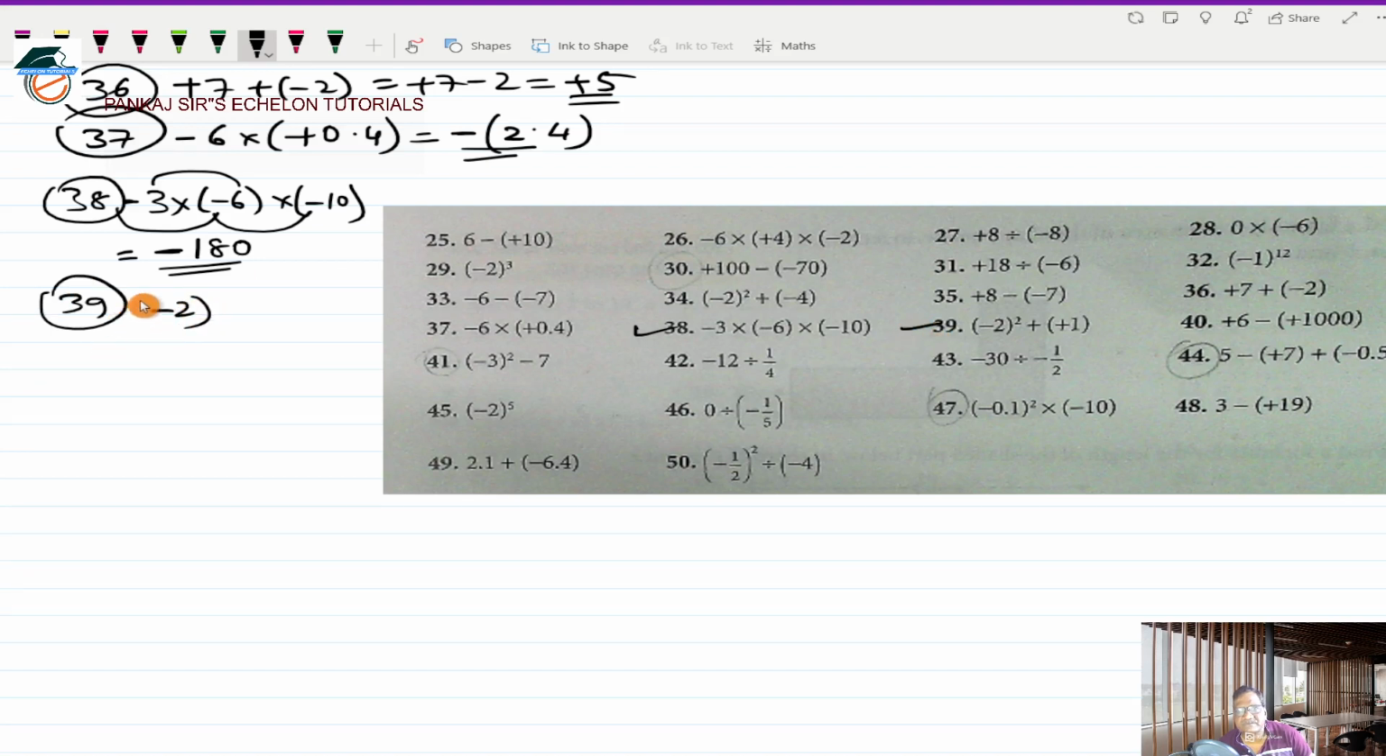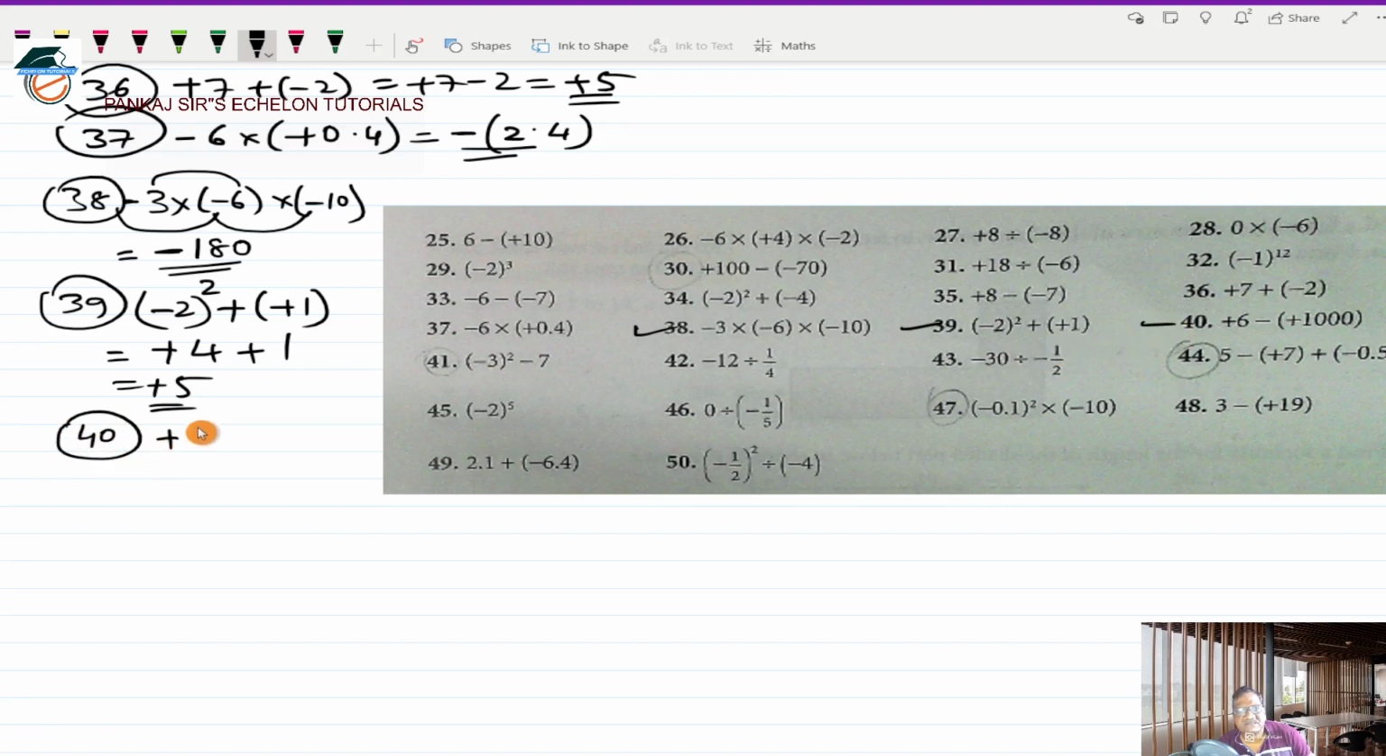minus 2 the whole square plus a plus 1 in bracket. This will work out to minus square is plus, 2 square is 4, plus into plus is plus, and then 1. This is pretty simple. 4 plus 1 is plus 5. 40,